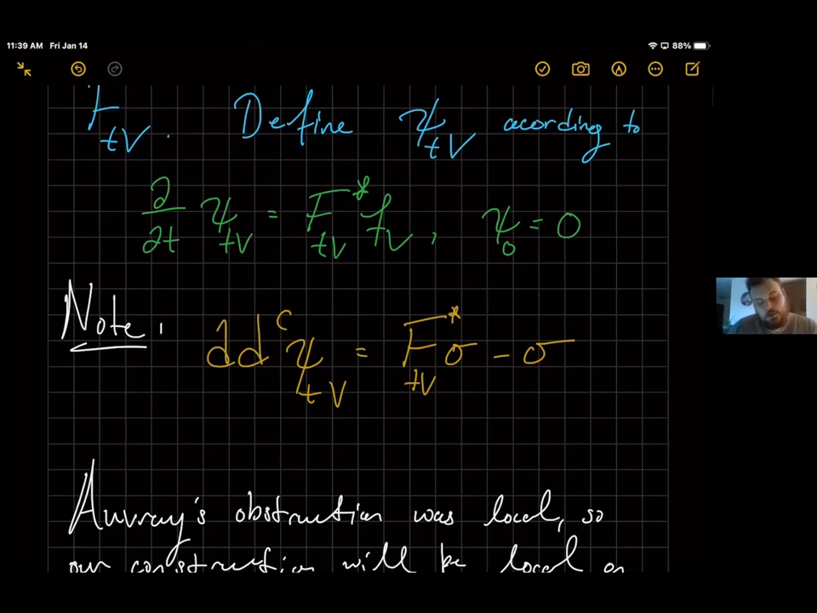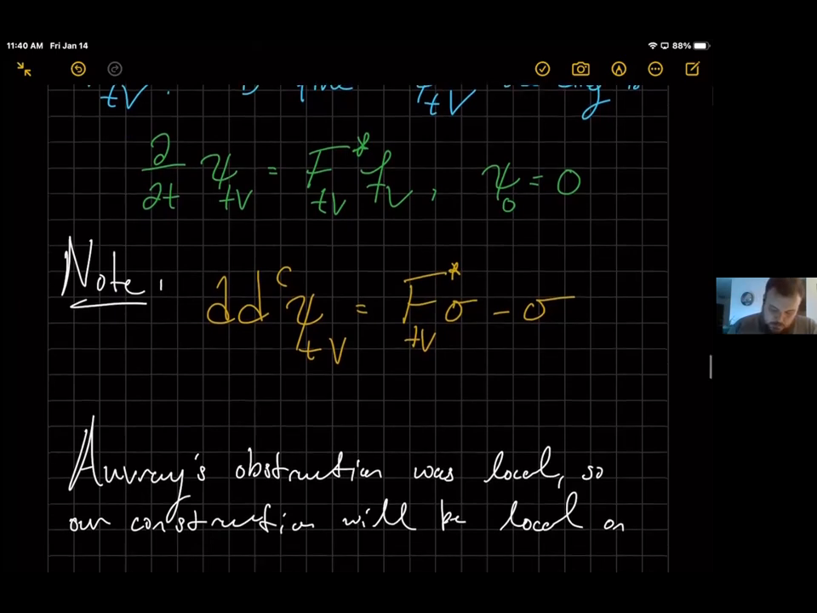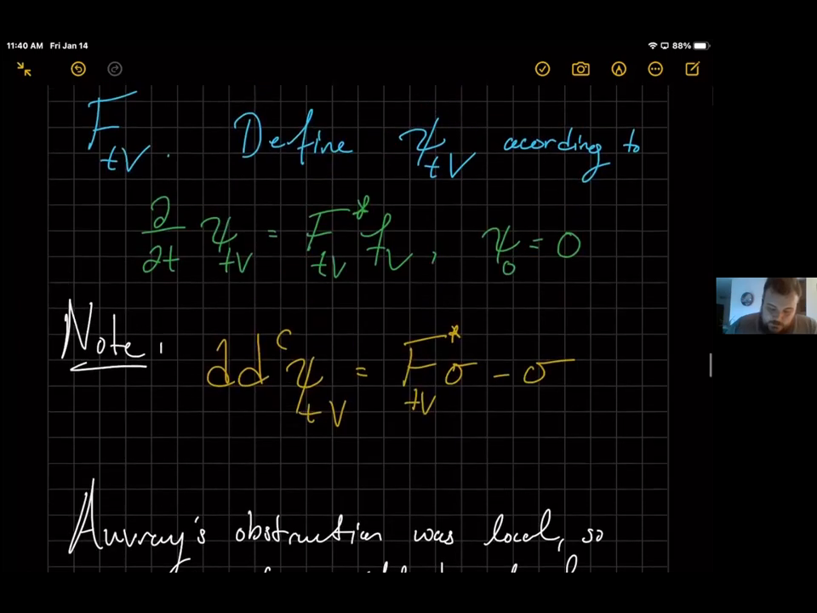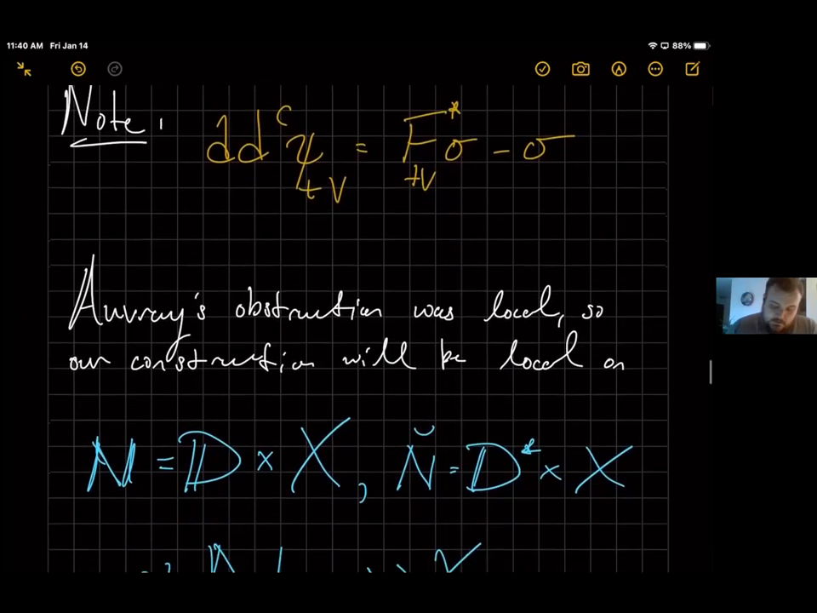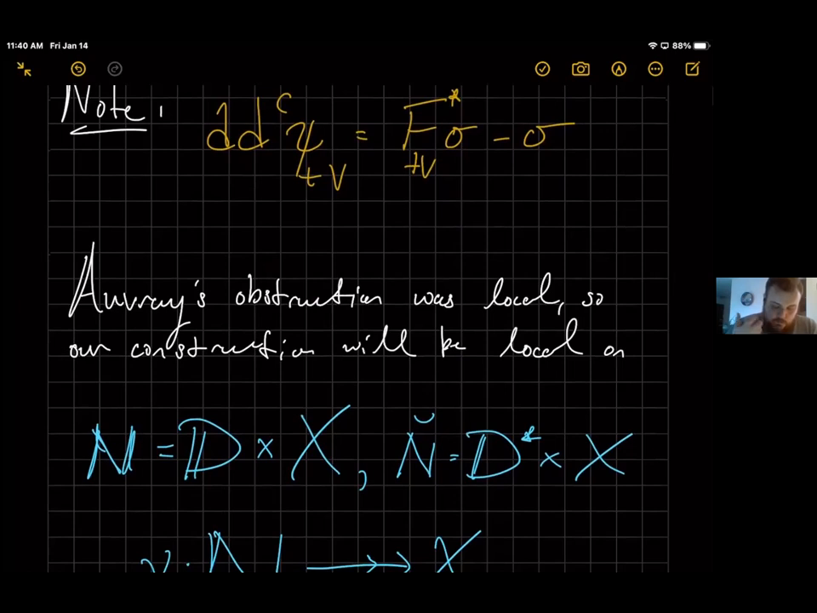So if we flow the metric sigma, then it's going to differ from its initial value. So the pullback by sigma minus sigma, that's going to be dd^c of some function. And you can show that, by the way we've defined psi sub tV in green, this is actually going to satisfy this equation as well. And that's how I'm going to define this psi sub tV and point out its relationship to sigma. Okay, so with this function in mind,